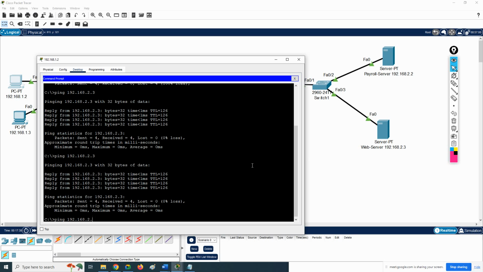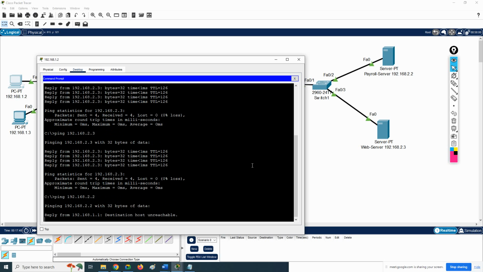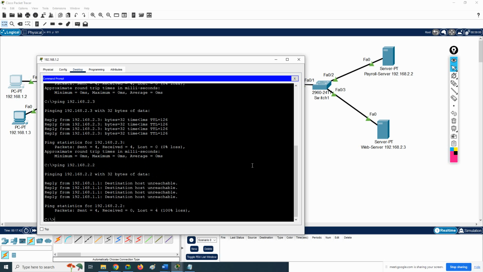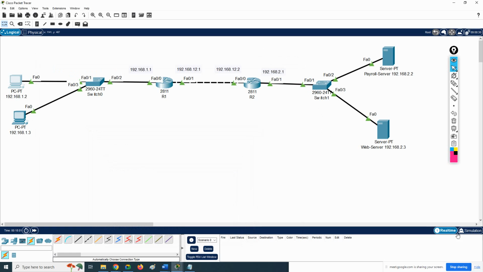So if I go here and put 2.2 and ping, see, destination host unreachable, because we configured the host route. We are saying allow only this host. So they are allowing only this one, they are not allowing this one. Okay, a single host only, that is known as a host route. So I hope it is clear. So what I will do, let me